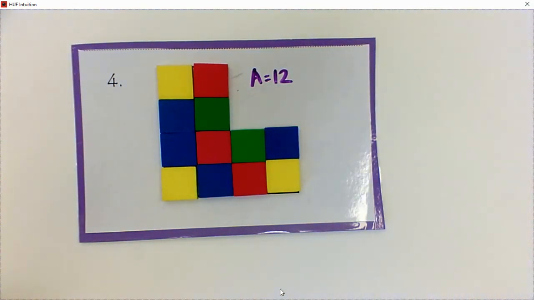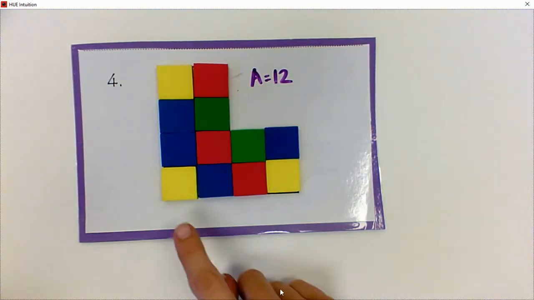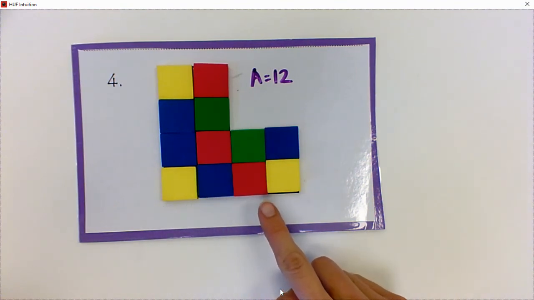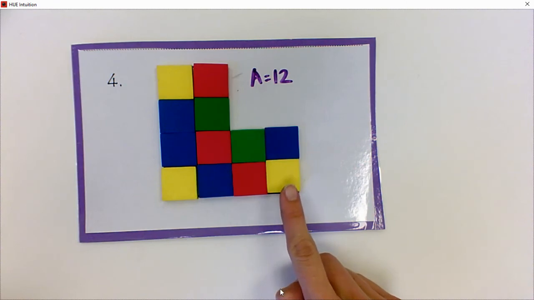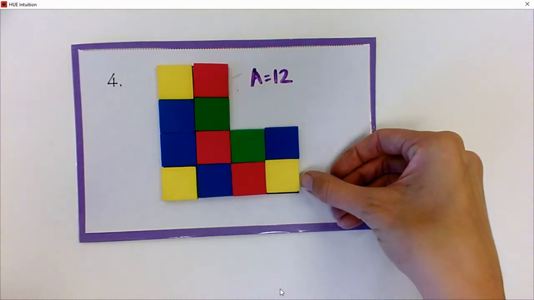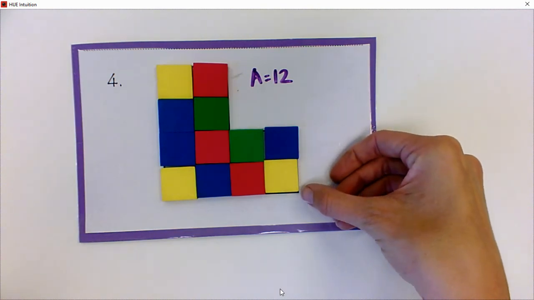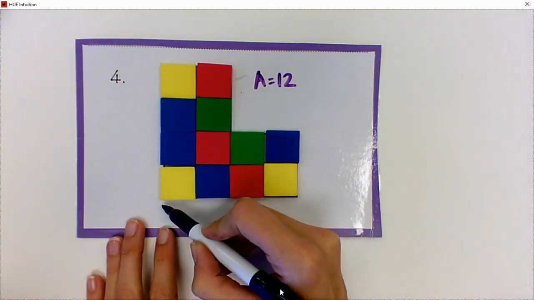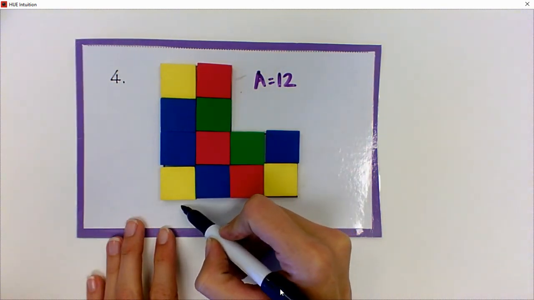Perimeter is different. Perimeter, I'm counting the outside edges of the squares. That means some squares will be counted twice. Like this yellow square on the corner, I have to count this side of it, but this side is also touching the edge of the shape, so that will be part of our perimeter as well. Once again, I'm going to draw dots to keep track of what I've already counted. Okay, this side of this yellow square is 1,